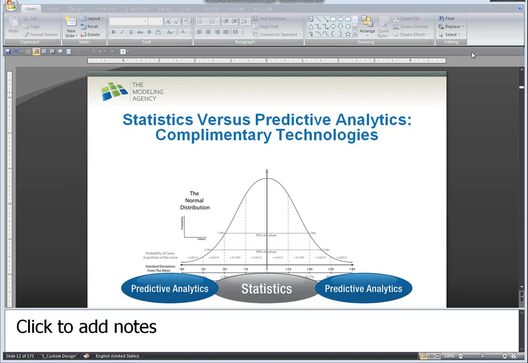I do view predictive statistics as being an overlap into predictive analytics. Not all statistics are predictive analytics, but not all predictive analytics are statistics, so there's an overlap into it. We do have certain algorithms that we use in the profession that come from statistical science, but then we have certain algorithms that we employ that come from the area of machine learning. So I tend to look at it a little bit differently. I do consider it to be an essential skill, a foundational skill that you have if you're going to be involved in predictive analytics.